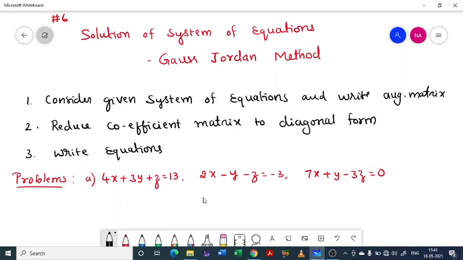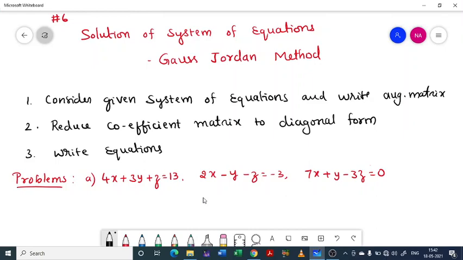Once again, welcome you all for the discussion on solution of system of equations or solution of simultaneous equations. In the previous class we started with the solutions of system of equations. Earlier we dedicated our classes for consistency and rank etc. But from the previous classes we have started how to solve the given system of equations using the methods of matrices. Last class we discussed the Gauss elimination method, and now we are going to discuss the Gauss-Jordan method.